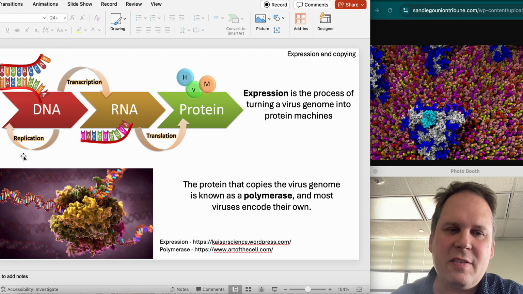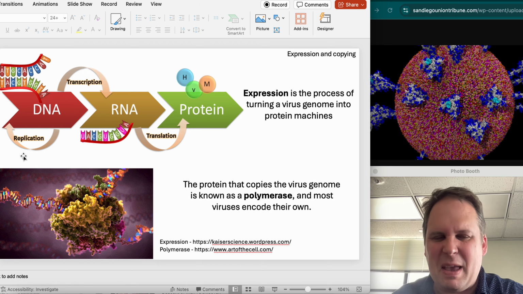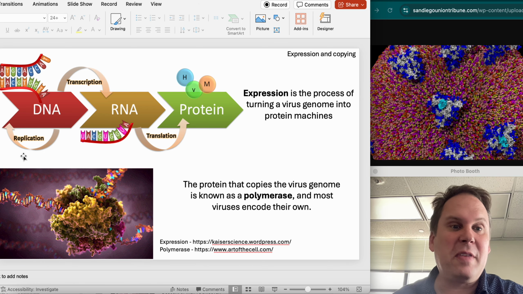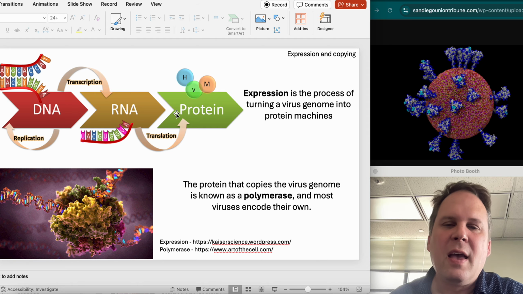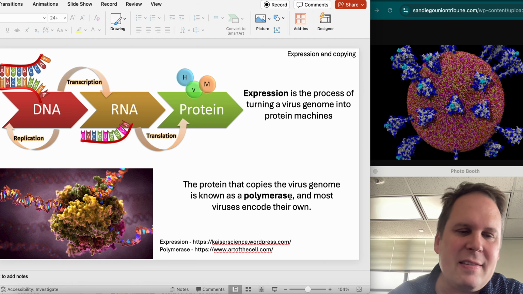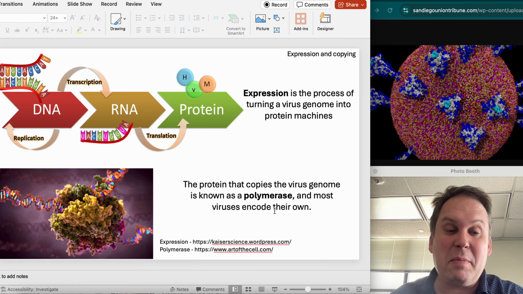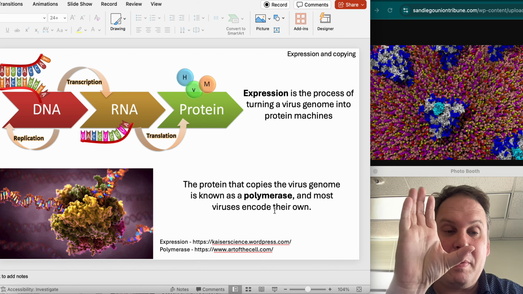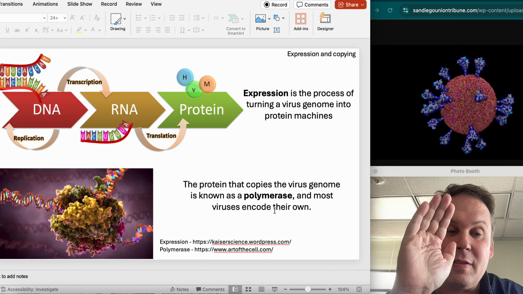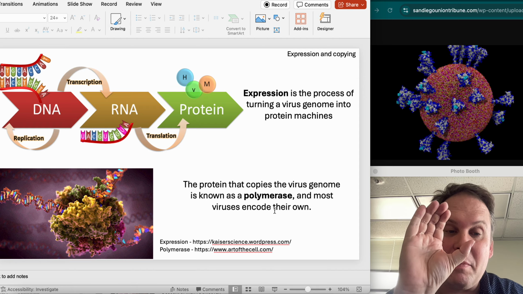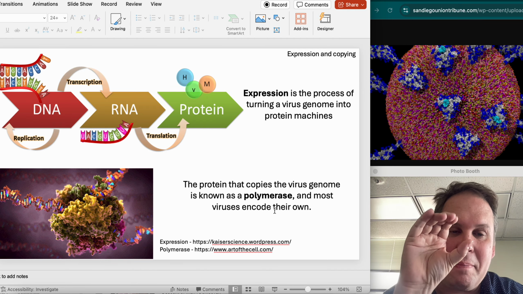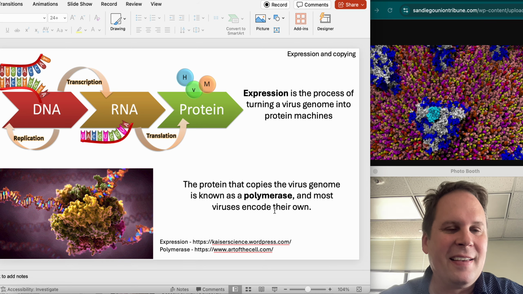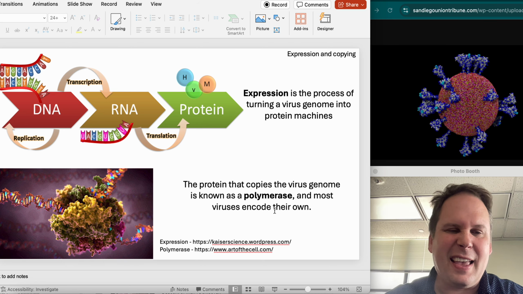Viruses don't want to wait in line, and so they'll grudgingly make a protein that just spews out tens of thousands of copies of the virus genome. We tend to call these virus polymerases. It's a particular type of an enzyme. It looks like a hand, and it's actually going to open and shut like a hand. There's a part called the fingers region, a part called the thumb region, and an active site, which is like down here. Like if you're going to grip an apple, that's how you do it. Yeah, so polymerases, like a hand.